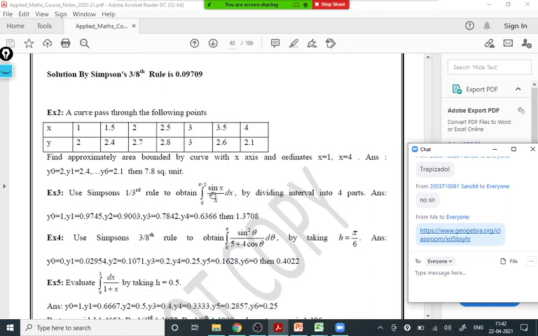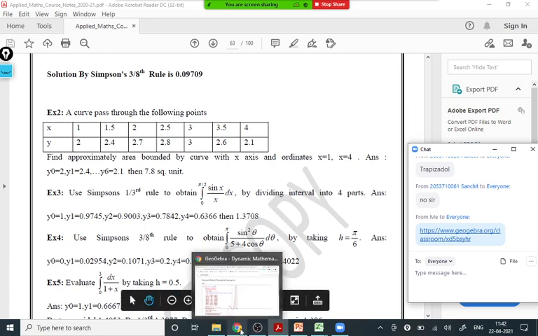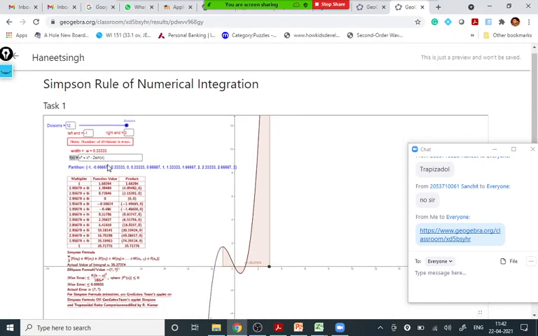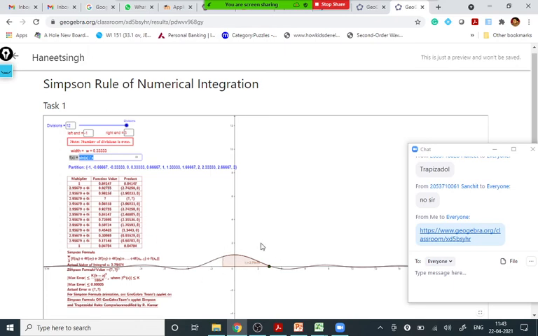So this question, if you have to do it, what we should put inside this function part is sin x upon x. So I will erase all this part. Only sin x will be there first, then divided by x, enter. So I've taken the sin x upon x graph. This is the graph of sin x upon x.